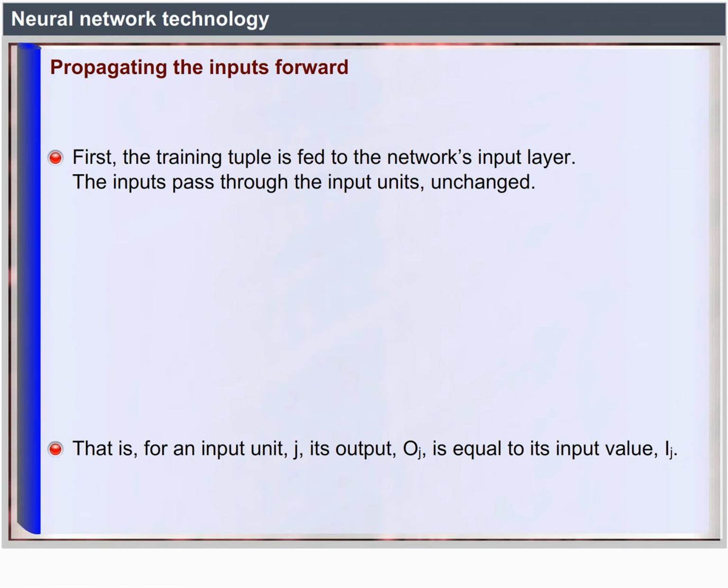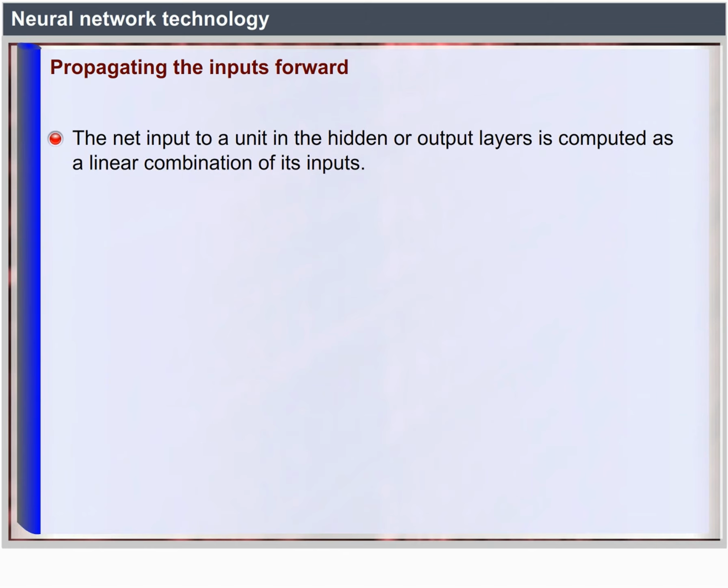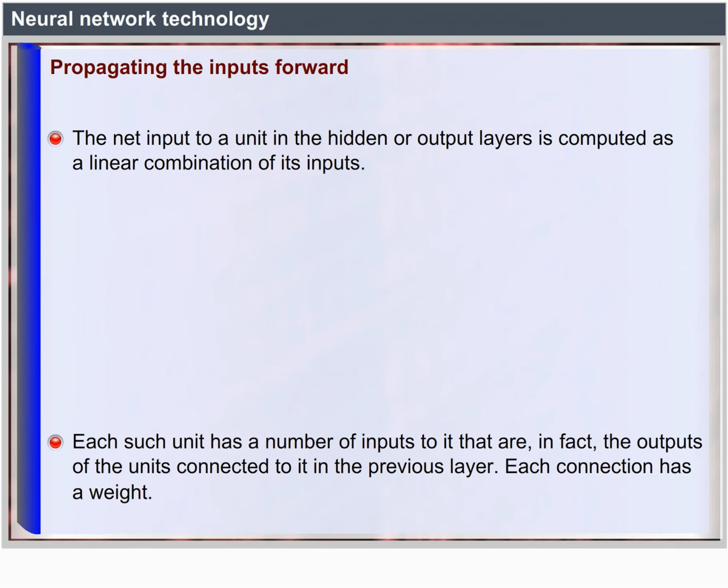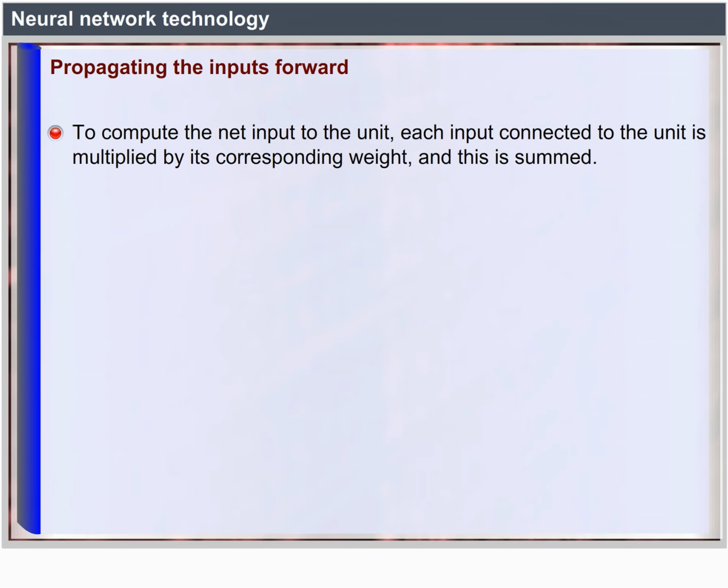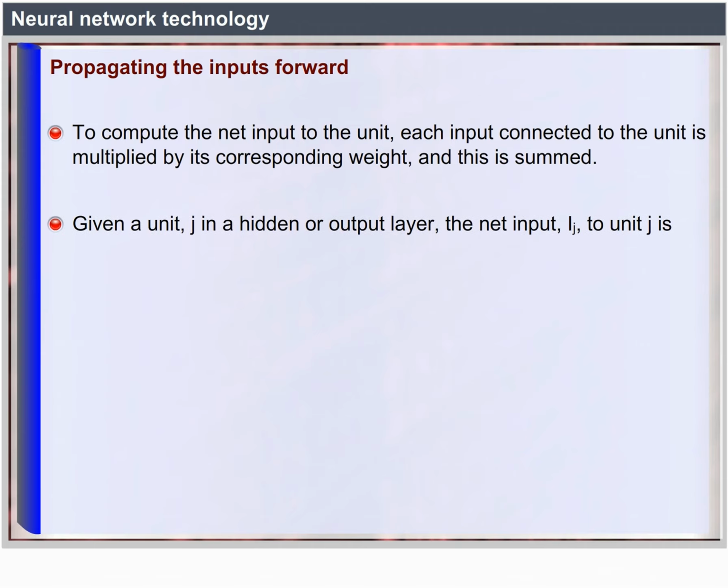The net input to a unit in the hidden or output layers is computed as a linear combination of its inputs. Each such unit has a number of inputs to it that are in fact the outputs of the units connected to it in the previous layer. Each connection has a weight. To compute the net input to the unit, each input connected to the unit is multiplied by its corresponding weight, and this is summed. Given a unit j in a hidden or output layer, the net input Ij to unit